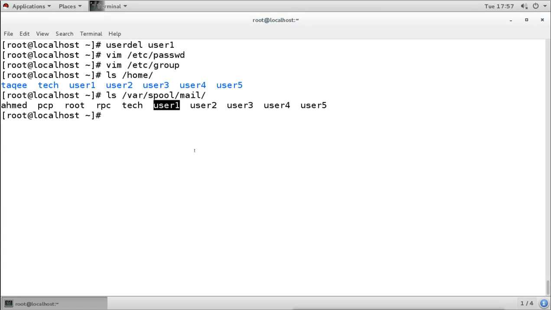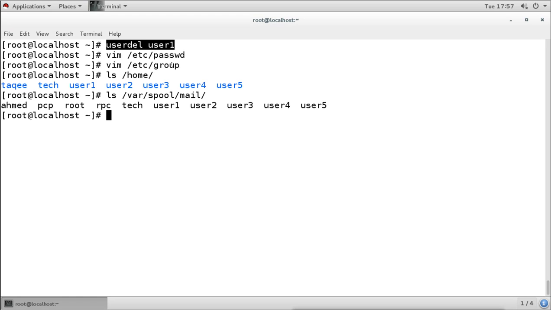Now what happened when we remove the user by using this userdel command? The user will be removed from the system. Then the primary group for that user will also be removed, but only if that group does not have any members.